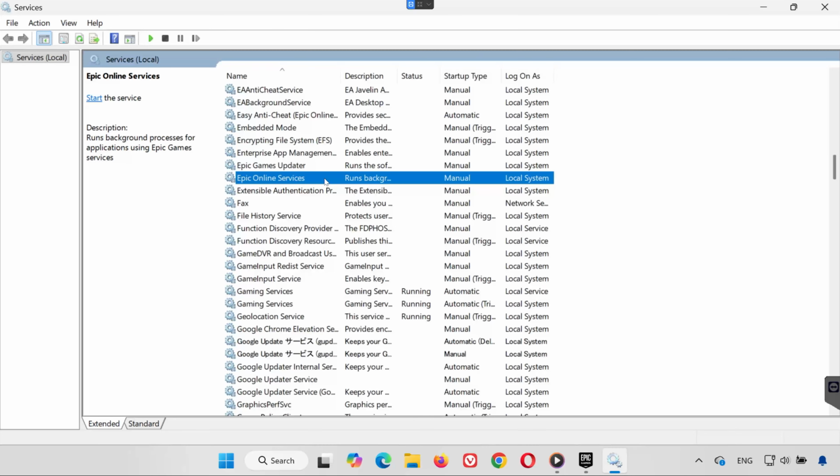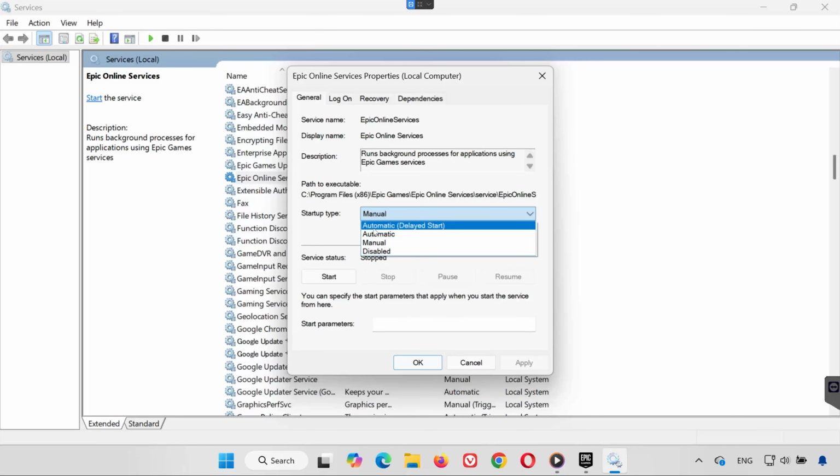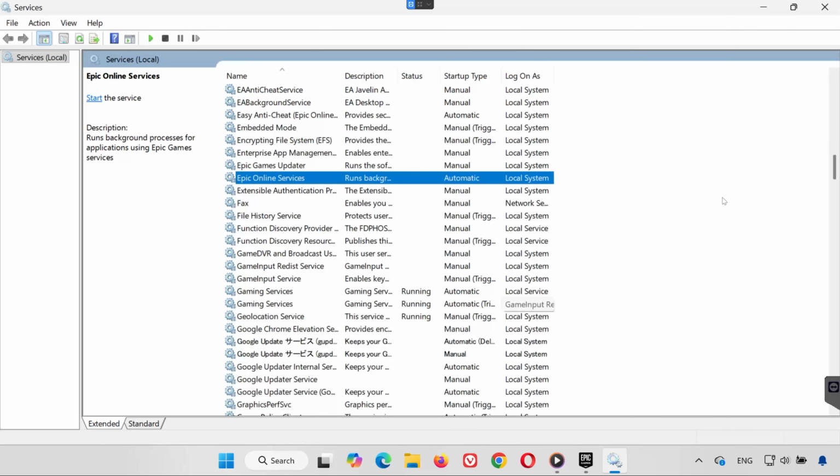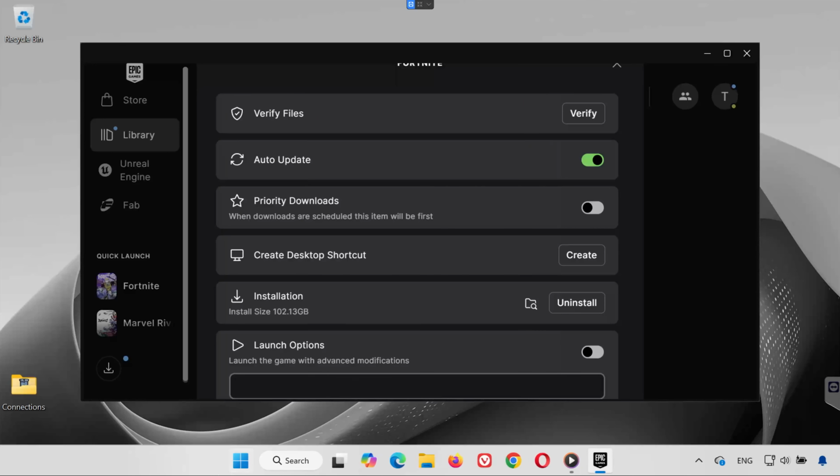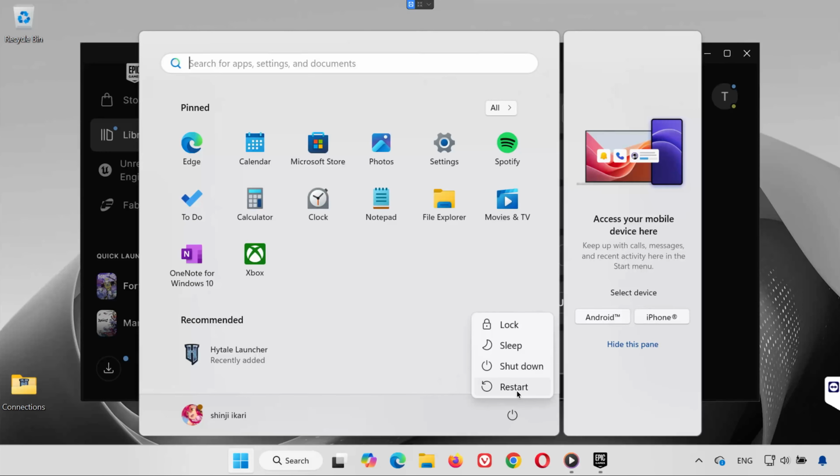Open its properties, and also make sure the startup type is set to Automatic. Apply the changes and close the window. Restart your PC. After Windows boots back up, launch your game again and Easy Anti-Cheat should now open and work